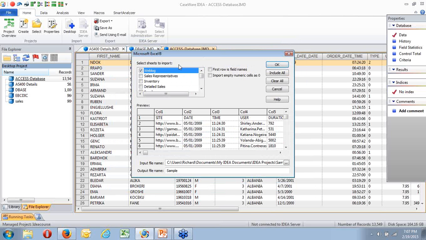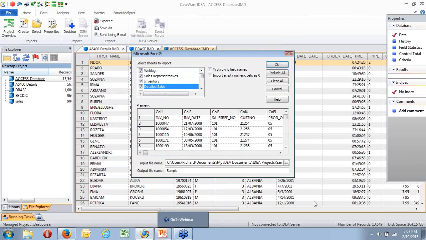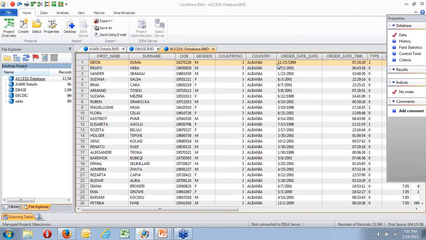Once again, now I've got multiple sheets within this Excel file. Which ones do I want? Well, I'll take the first 4. I'll take all of those. The first row is field names, so we'll make that OK, and I'll say OK.